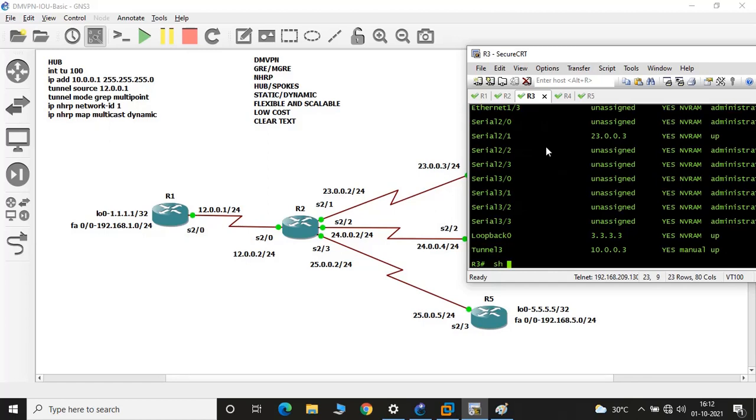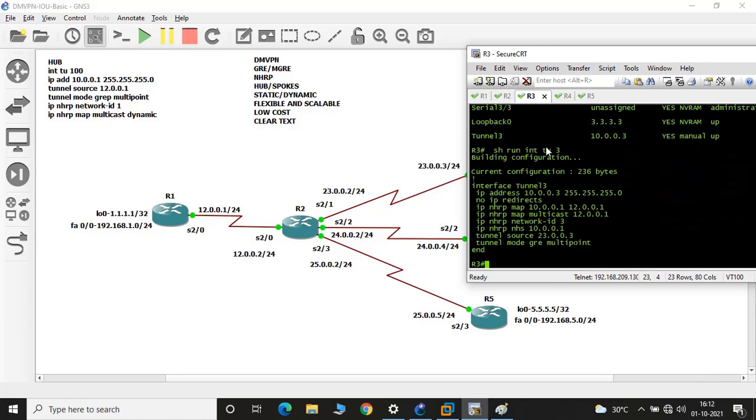So tunnel 3 is up. IP address 10.0.0.3, and you can see we have mapped it with 12.0.0.1, and for multicast we will be receiving all the updates from this, and the next hop server is 10.0.0.1, and the tunnel source is 23.0.0.3.